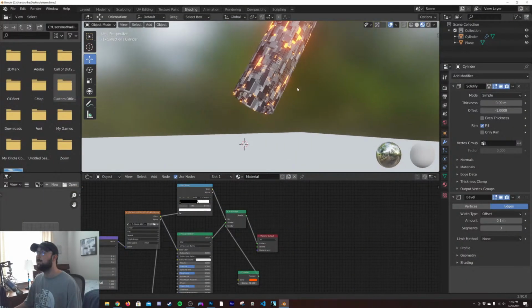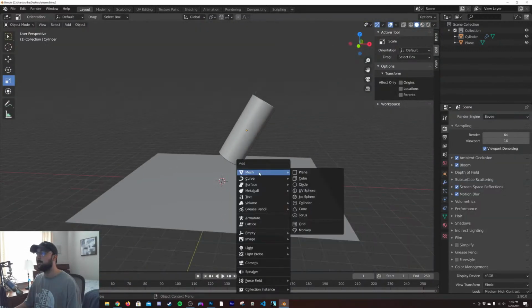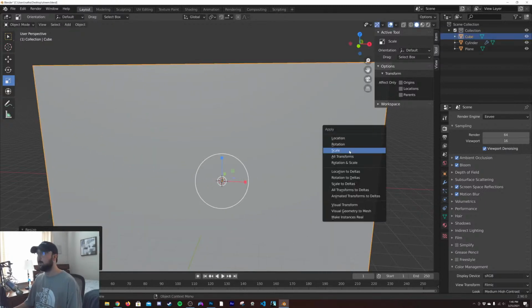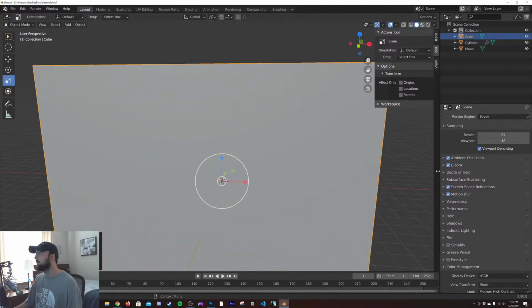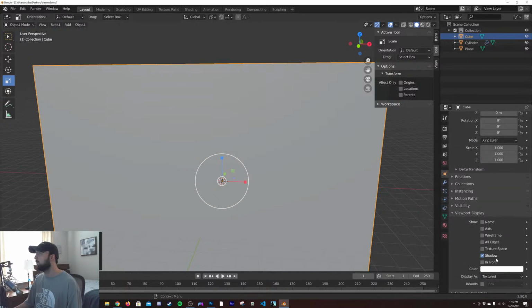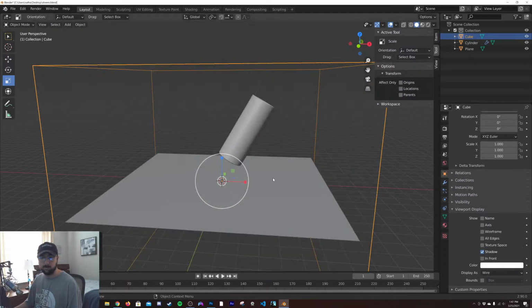Let's see. So let's get some volume going on in the layout. Cube, scale it to fit the screen. And then he's overtaking the scene visually, so we'll move him. Viewport display, featured, wire. Okay.